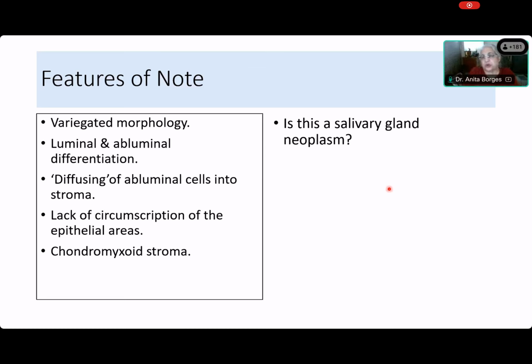Why do we ask this question, Shivani? You didn't understand why we asked this question. Somik, why do we ask this question? Madam, first to exclude whether it is primary or from any metastasis. And the other thing is the involvement of the lymph node. Okay. Madhu, you want to explain? Ma'am, because here we can see the normal salivary gland cells like luminal ductal cells and abluminal myoepithelial cells, and there is myoepithelial cell differentiation and a chondromyxoid stroma.